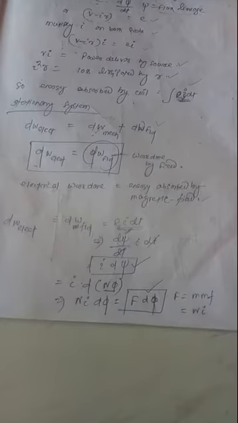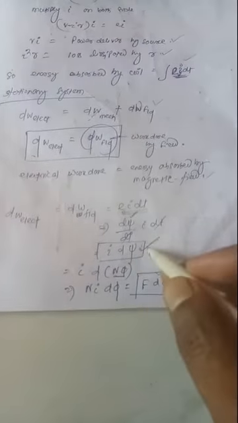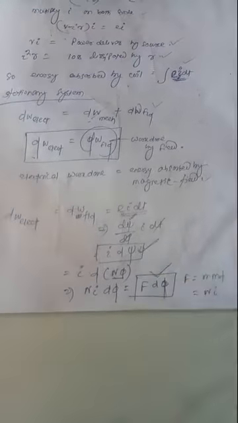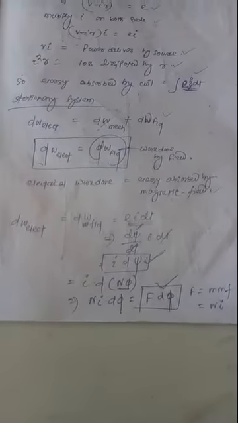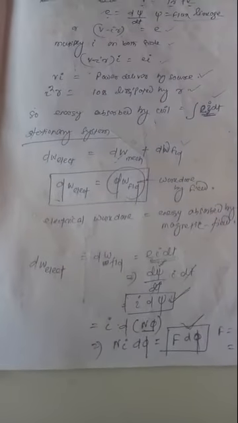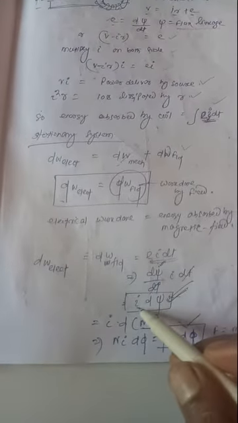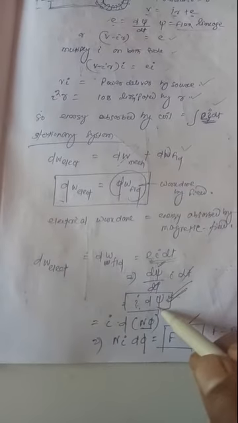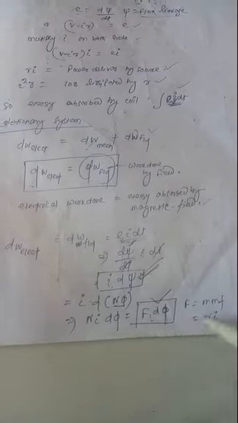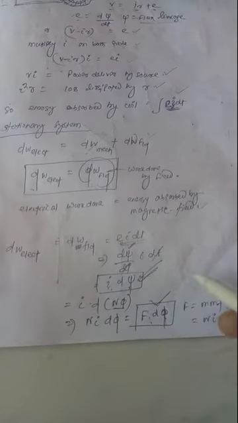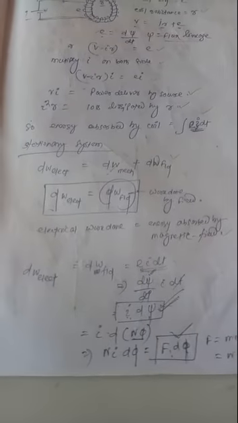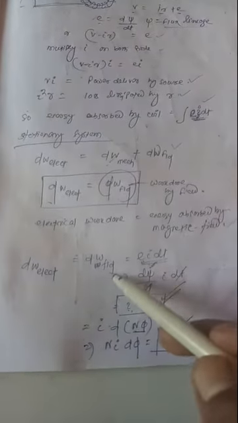Okay, so this dW electrical can be written in one form as I into d psi, and in another form as F into d phi. This electrical energy can be obtained from the magnetization curve. The current term can be obtained from the current versus flux linkage characteristics, and the other from the relation of MMF with flux. Okay, MMF and flux. So this is equal to dW FLD.